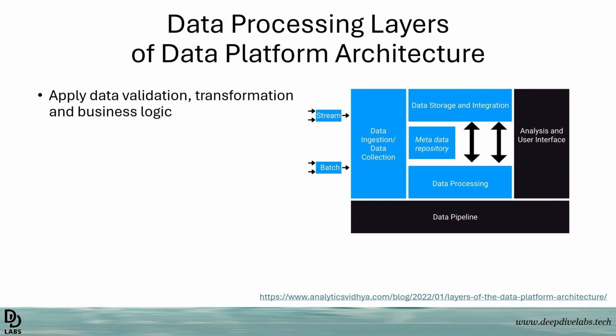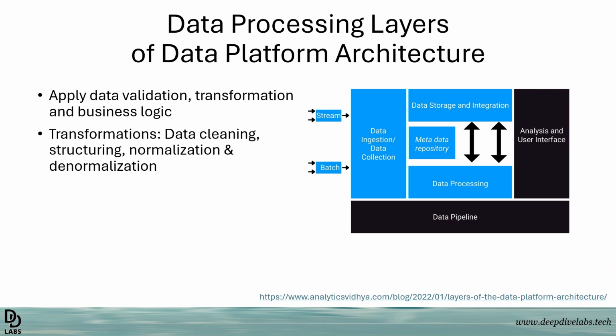The data processing layer is where you apply a lot of data validation, transformation and business logic. One very important part of the data processing layer is data validation to check the quality of the data. The whole idea of your data platform is to ensure that you are able to do many different types of reporting. So you also need to transform data and join multiple tables in order to bring the data relevant to the business process, and also apply any sort of business logic.